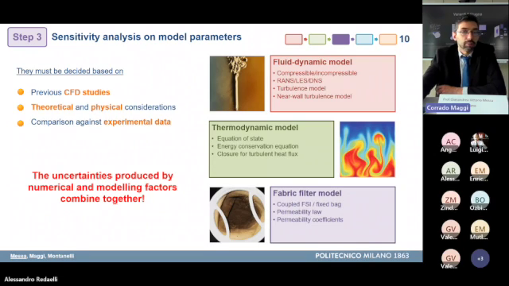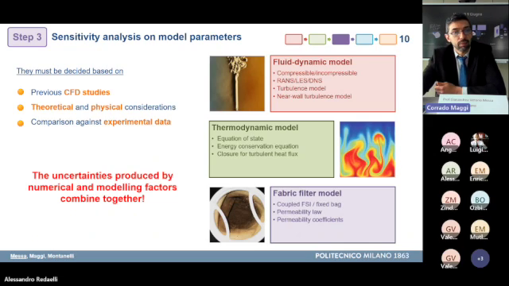It is well known from the literature that there are 3 main approaches, so RANS, LES, DNS, and within every framework, we use the RANS because this is the preferred approach in engineering computations. The users must select the turbulence model and the near wall modeling approach. And for the thermodynamic model, one should decide the equation of state of the gas, and also the configuration of the energy conservation equation. And in the case of turbulent flow, also the closures for modeling the turbulent heat flux